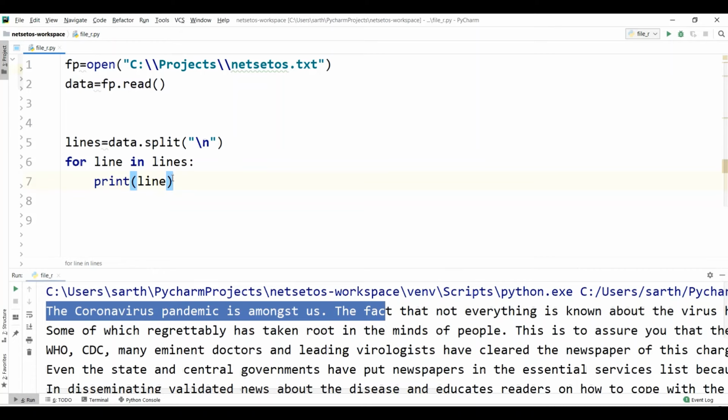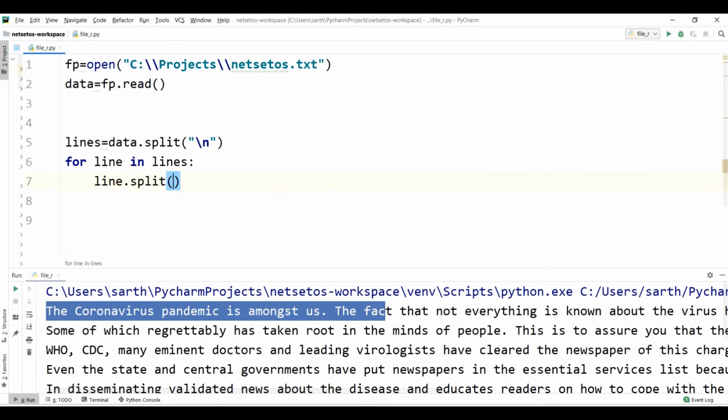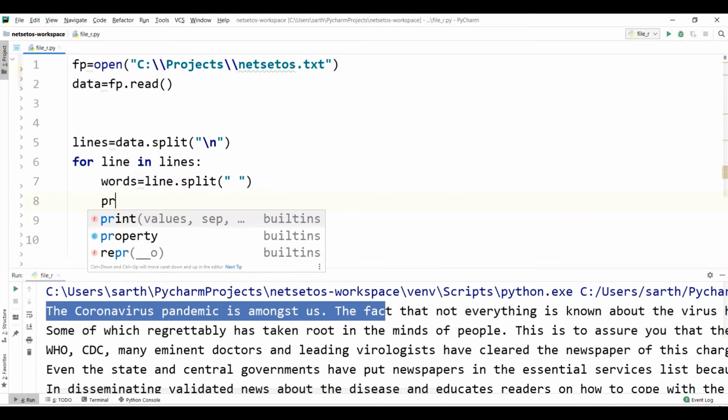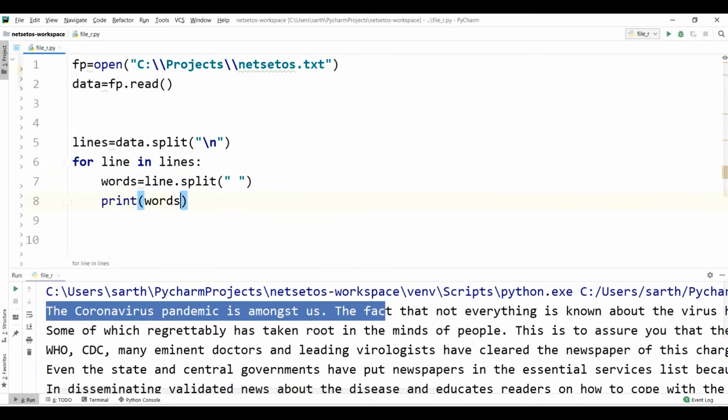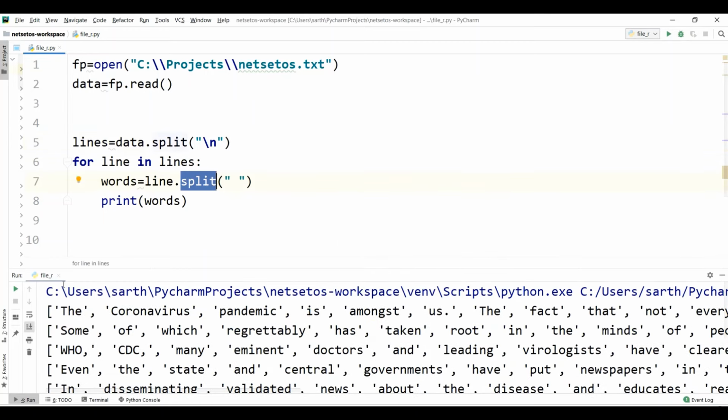Now the third point is to split into words. I will split with respect to space and give a variable to it, words, and print words. Let's check it out. Here we have used split, so it is returning in the form of a list, and wherever it finds a space, it will treat it as a different word.